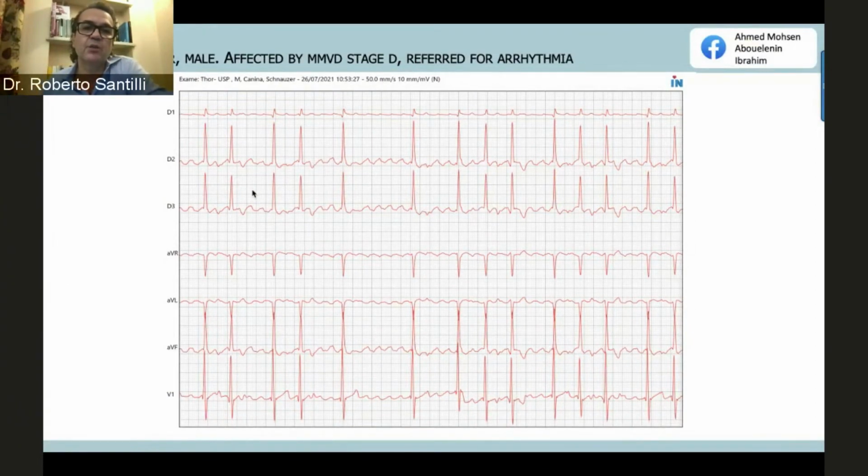The first one, when you have irregular intervals, is to rule in or rule out atrial fibrillation. So look for the presence of F waves. But here, as you can see, there are monomorphic F waves with a very fast atrial rate, and the cycle length is very regular. So to me, it looks like an anatomical reentry. So my first differential is atrial flutter.